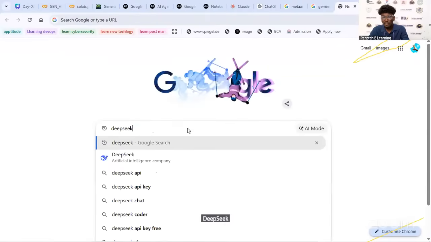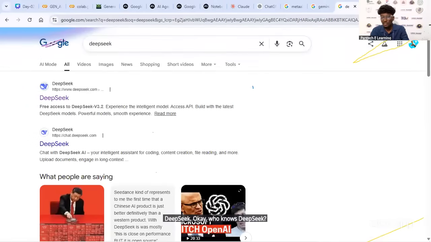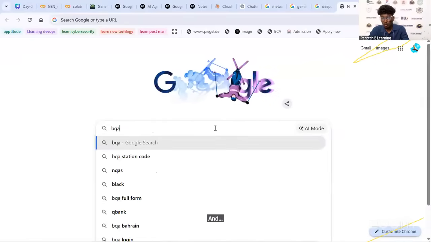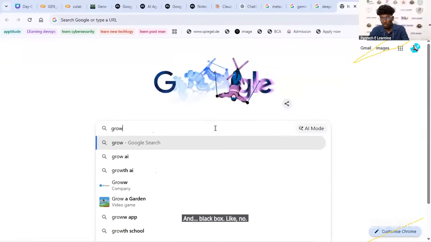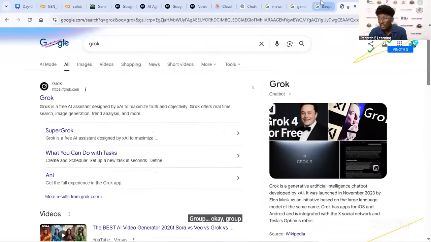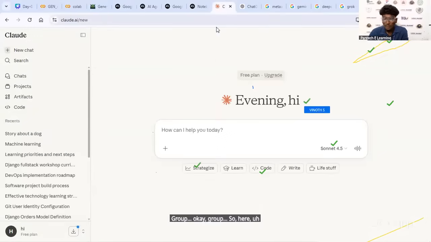Who knows DeepSeek? DeepSeek and Blackbox, and Grok. Okay, Grok.